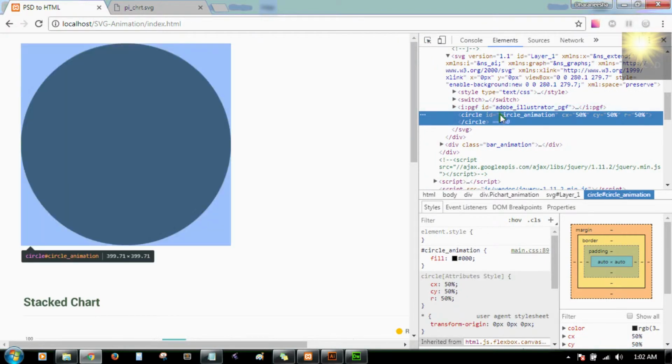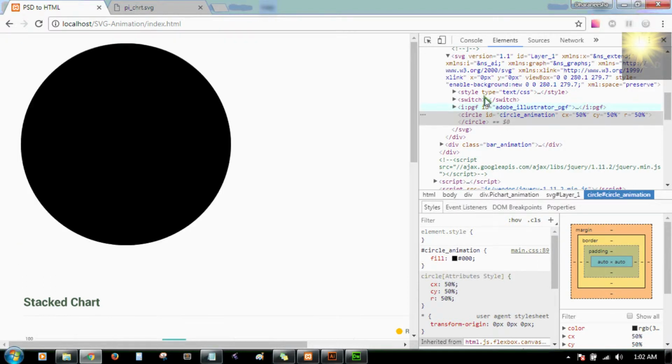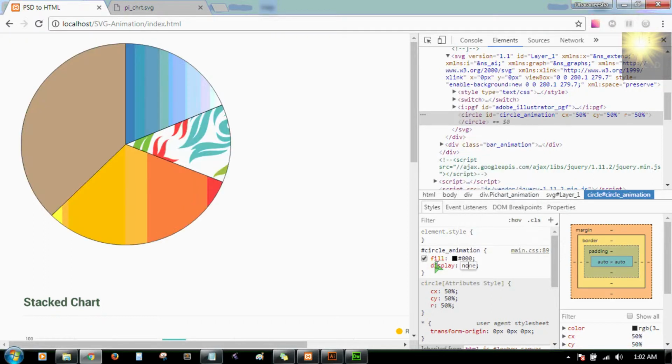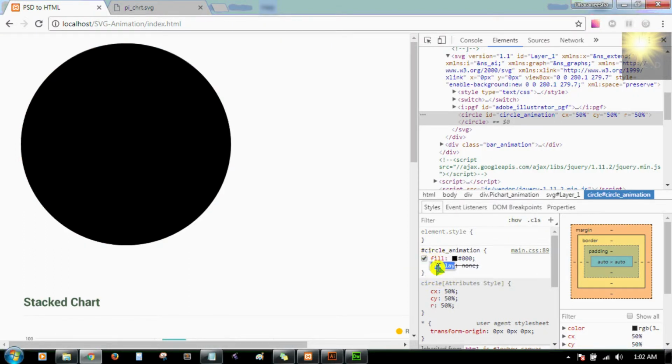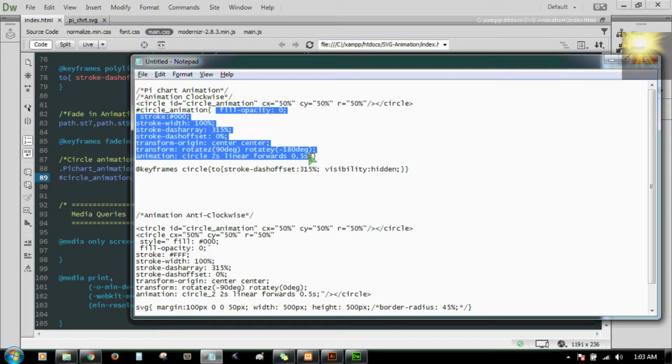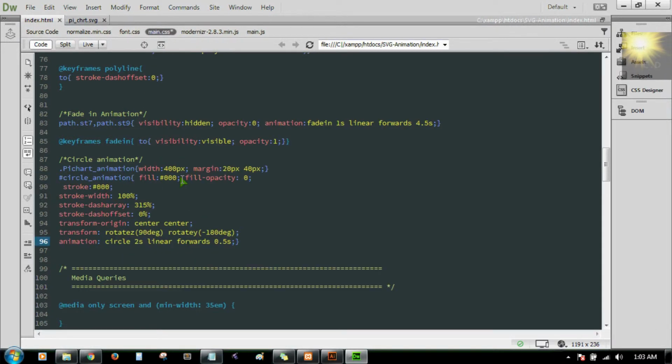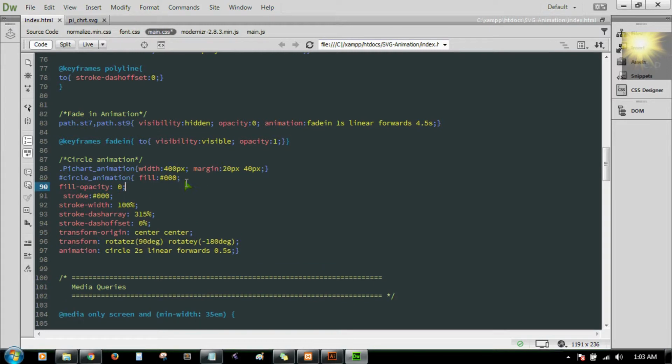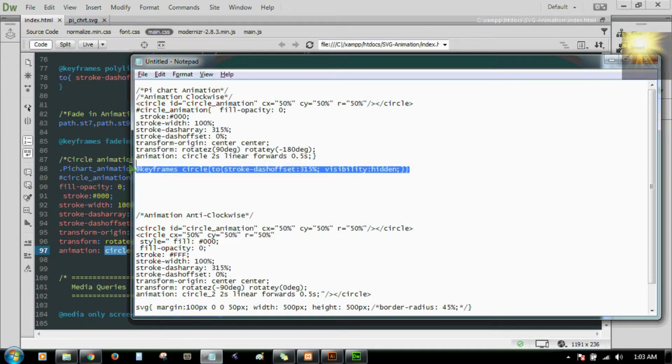If I hover over it, this is the circle and this is the fill. I don't want the fill, so now I will add the animations. I'll copy the whole part, then paste it here. I'm going to remove the fill. We don't need this now. And we are calling the circle animation ID, so I'm going to call this circle animation